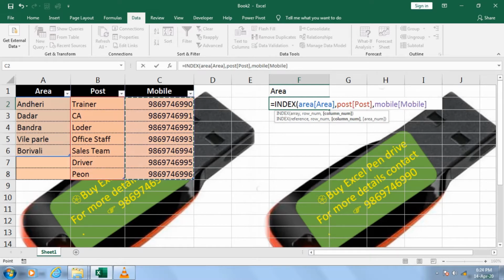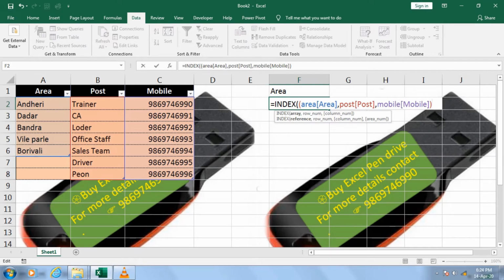Let me club all these three references together into one reference, because these three are not separate, they have to be merged into a single unit. For merging, I just press the bracket. If you're not aware of formula merging, please go through my video on formula merging, how we can merge with a different formula. After that, I put the comma.